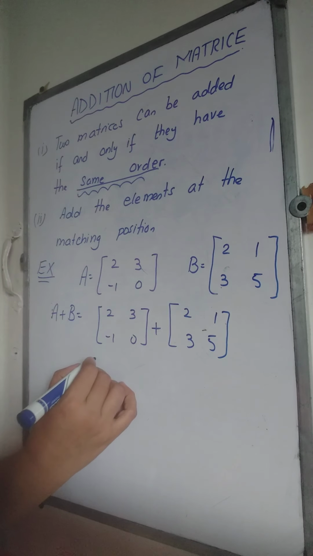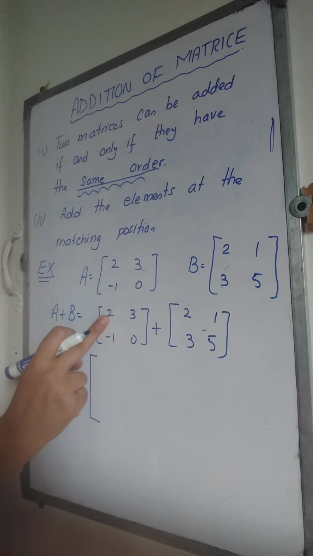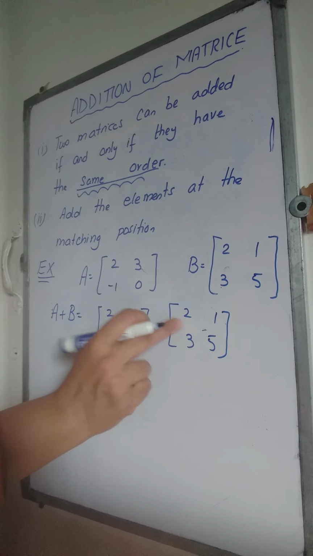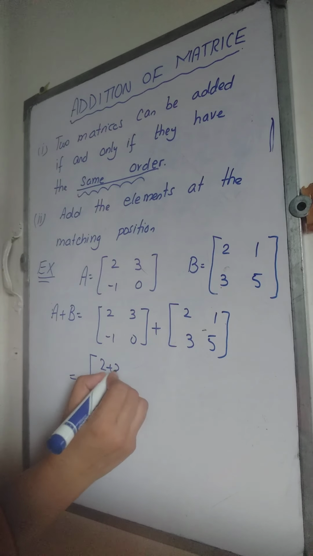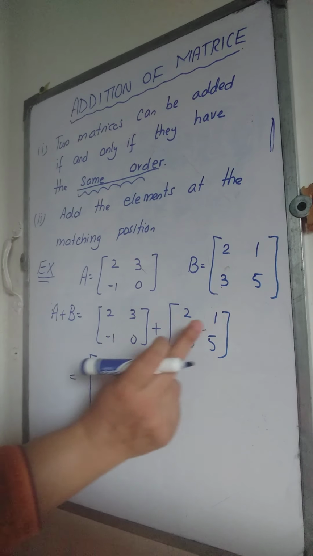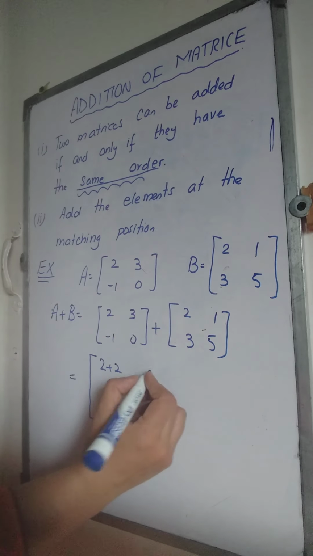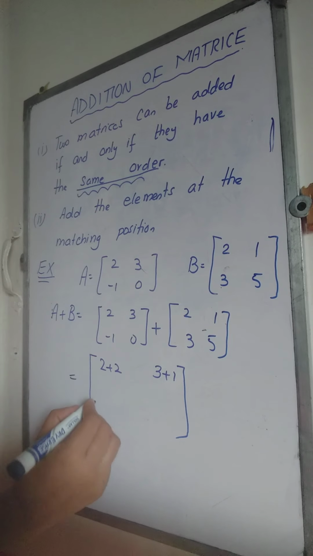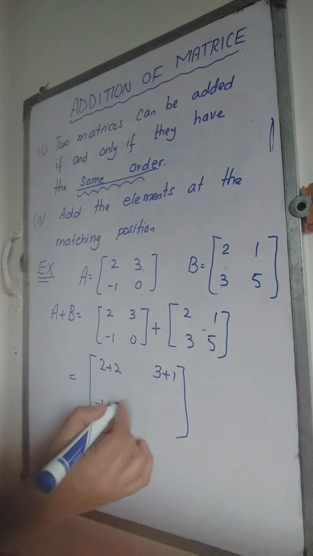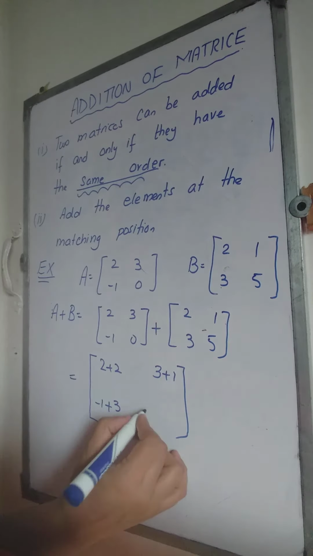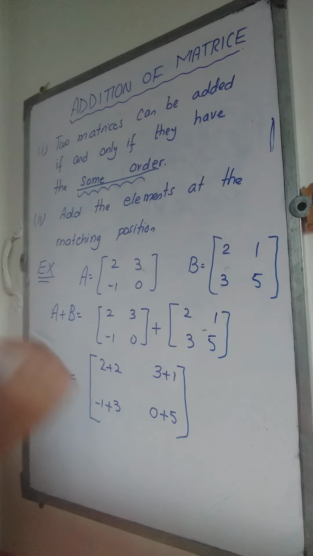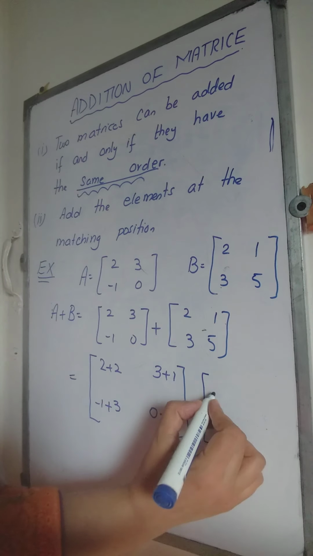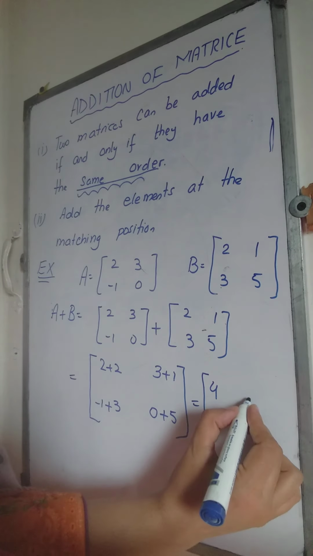In order to add them, what we need to do is we will pick the first element of both the matrices, 2, and here the first element is also 2. We are going to add these two. Then we are going to take the second element of both the matrices and add them, 3 plus 1. Third element, -1 plus 3, 0 plus 5. So the answer will be 2 plus 2, 4, 3 plus 1, 4,